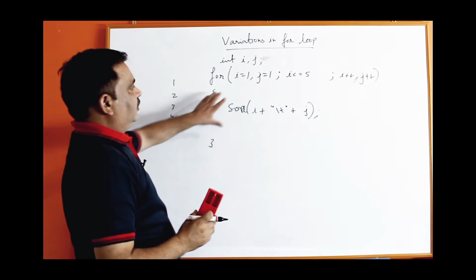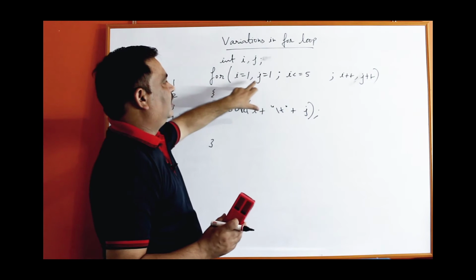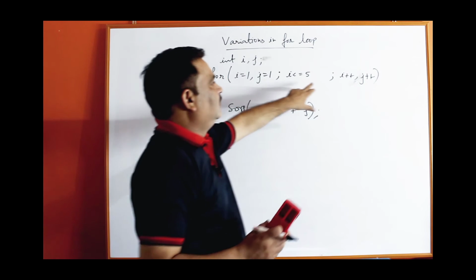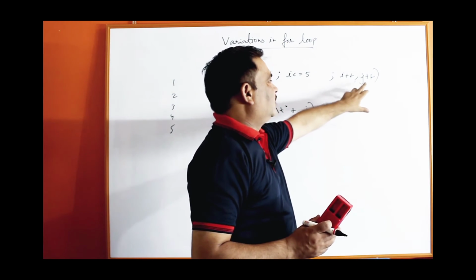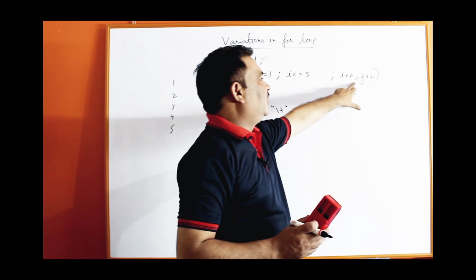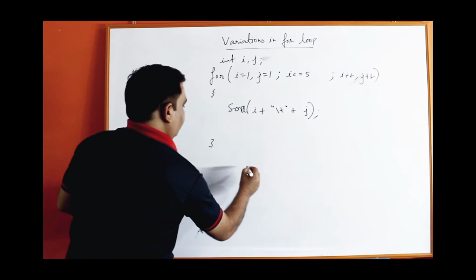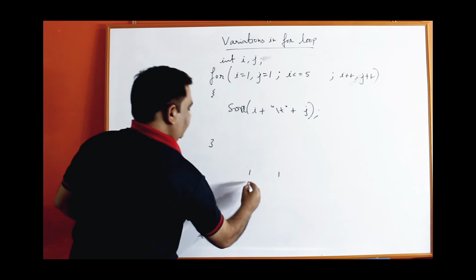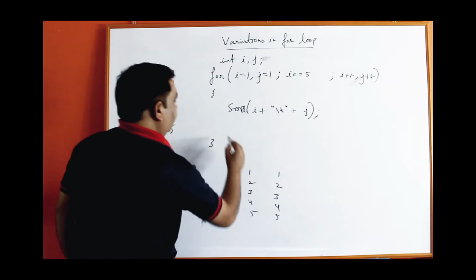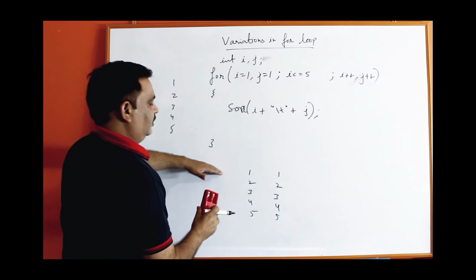println you can use. See, i equal to 1 comma j equal to 1, you can initialize any number of variables here also, but they must be separated by commas, then semicolon, the condition between these 2 semicolons, then i plus plus comma j plus plus. Even you can write 1 statement, 2 statements, 3 statements also here, but they must be separated by commas. So, the output of this program will be 1 1, second time 2 2 for i and j, then 3 3, then 4 4, then 5 5. When i becomes 6, the condition 6 is less than or equal to 5 is false, so it will come out of the loop.